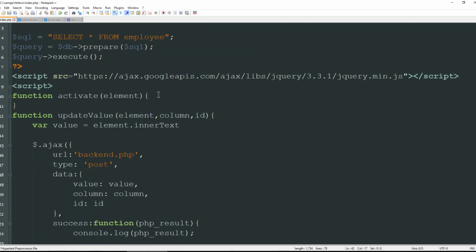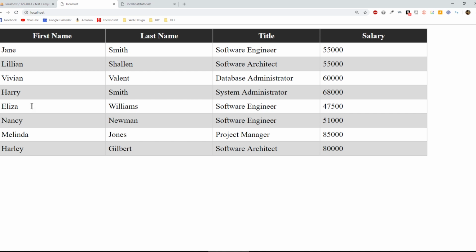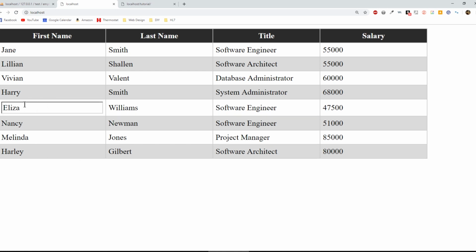particular element is clicked. We can simply do that by typing $element.attr for attribute, and the attribute obviously is the class, and we're going to change that to activate. Okay, so now whenever I refresh my page and I click on one of these, you can see now we have this obvious text box here. So whenever somebody clicks on this, they obviously know, hey, I can type in this form and I can change